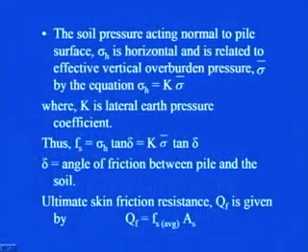When we were discussing how the load from the superstructure is getting transferred to the skin friction, we saw that earlier it will just mobilize the skin friction to a particular length of the pile, and as the applied load goes on increasing, the length will go on increasing towards the tip of the pile. So, at any particular point of time, this Fs is not constant along the length of the pile, and that is why we are taking an average value, which I am representing as Fs average into As.